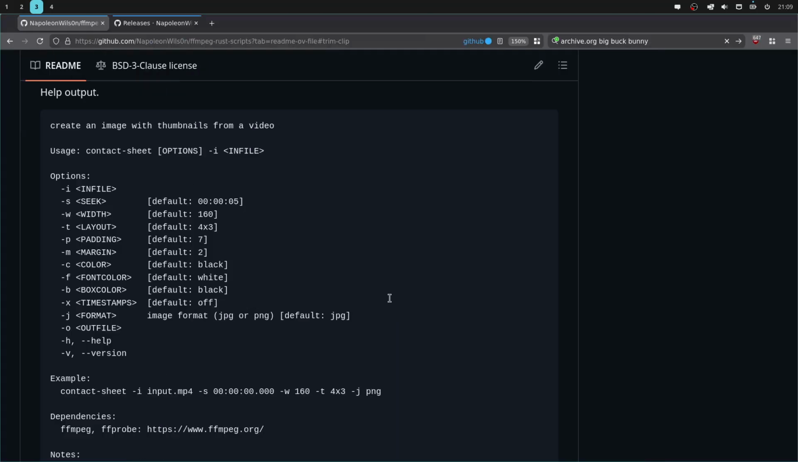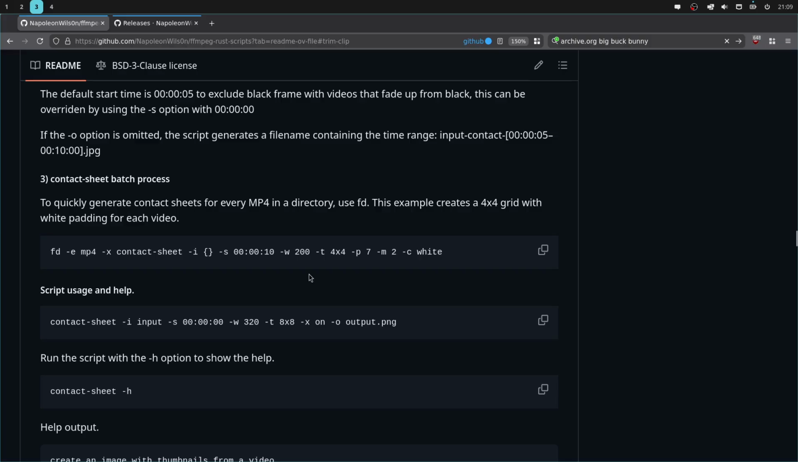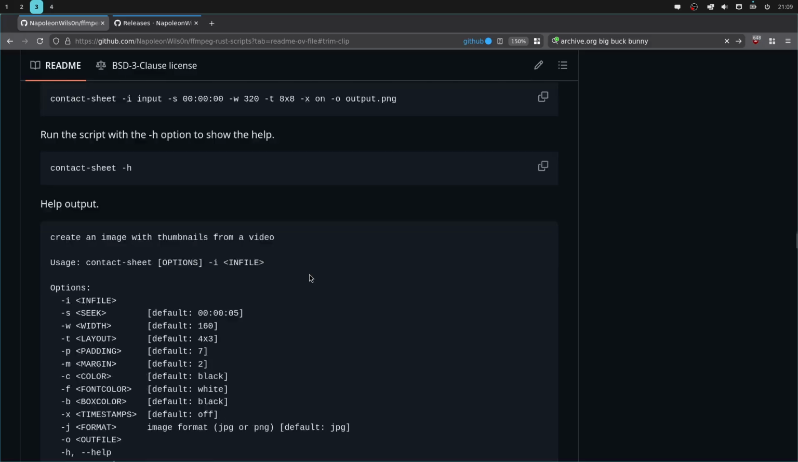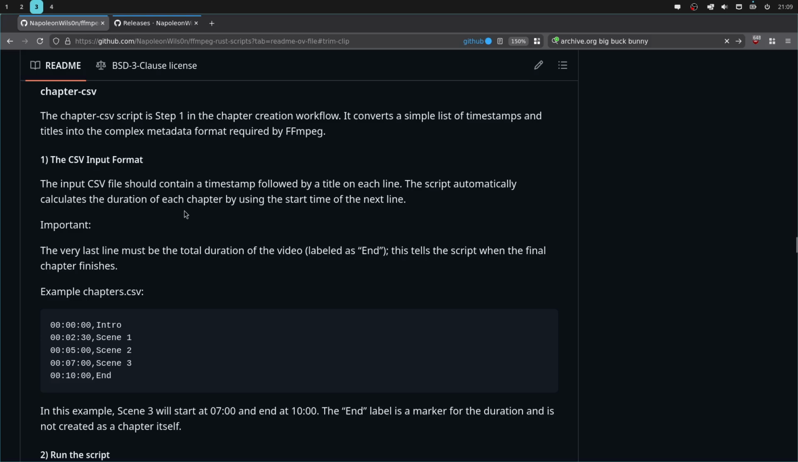And again, that works with FD as well, so you can create multiple contact sheets for all of the videos in the directory. So the next one is chapters and metadata, and this is how you can actually add